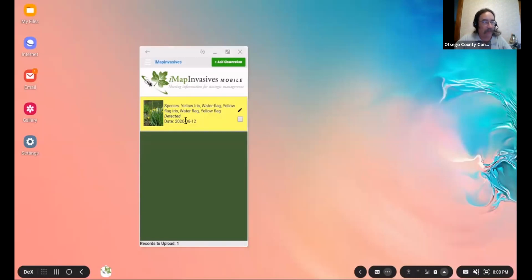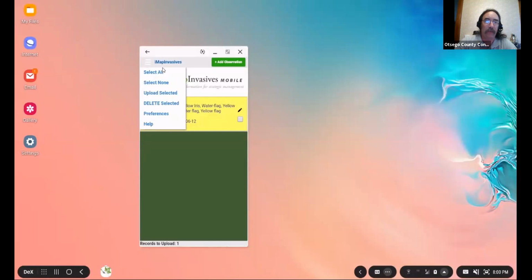The key area for right now is our menu up here in the upper left. If we tap that, one of the great things about the mobile app is that it's really simple and very self-explanatory.